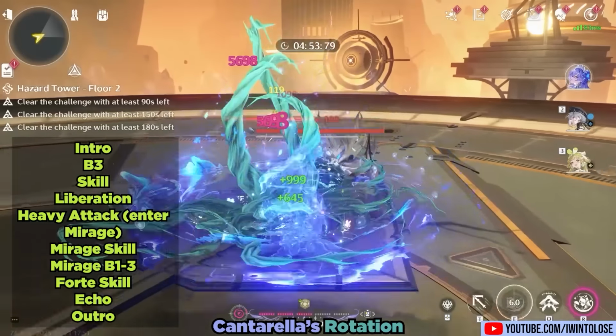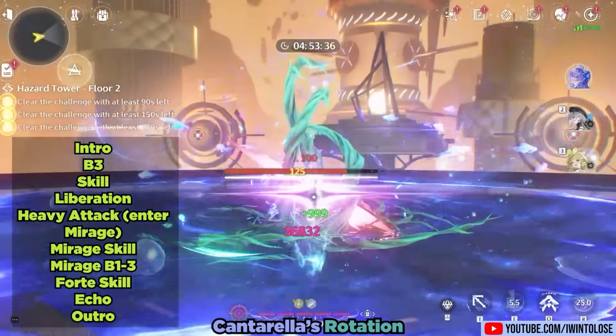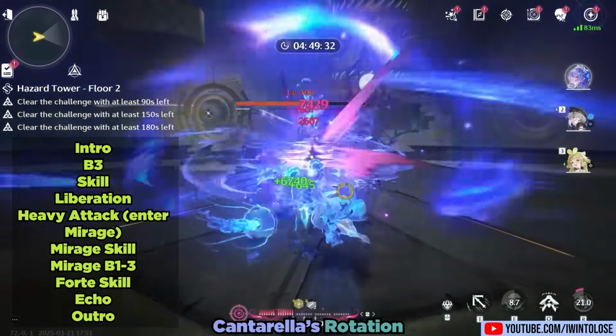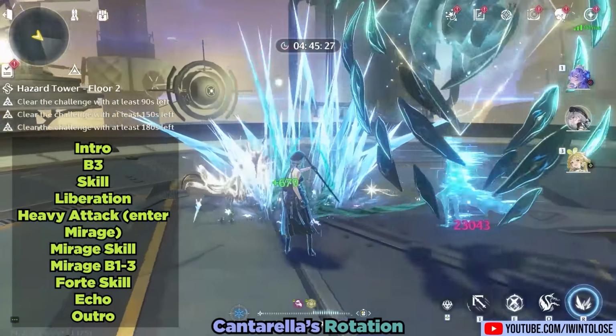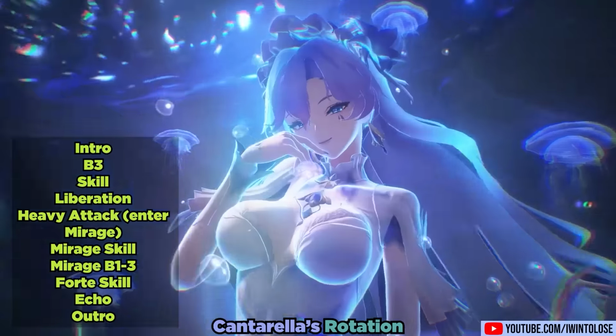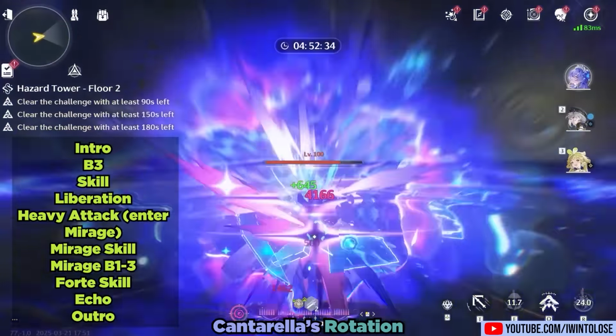Then use her skill, liberation, and then her heavy attack to enter Mirage mode. Then use her Mirage skill, Mirage basics 1 through 3, and now you'll have the Shiver Me Timbers, where you can use your Super Forte skill, and then just use your Echo and you'll have 100 Concerto where you can outro. After your first rotation, you can skip the basic 3 since you'll have a bit more Concerto from allies'